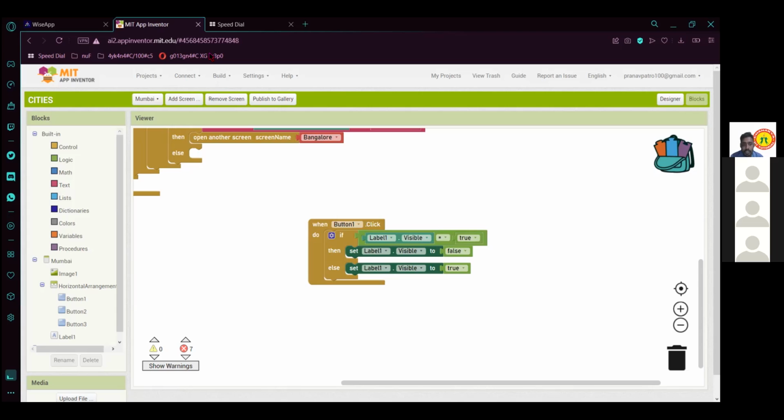If it is visible, it will make it invisible, or else make it visible. Or you can change it like this: if label one visibility is false, when you press it, make it true, or else make it disappear. It will work. Just try it. Okay, sir.